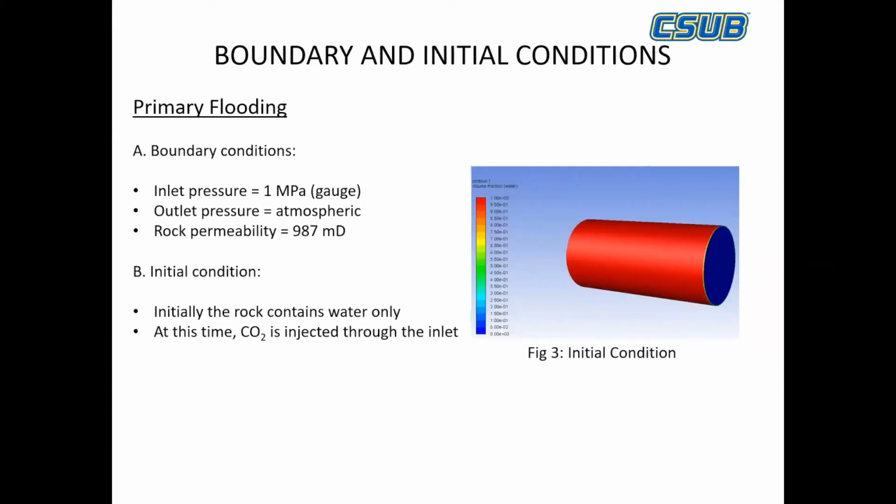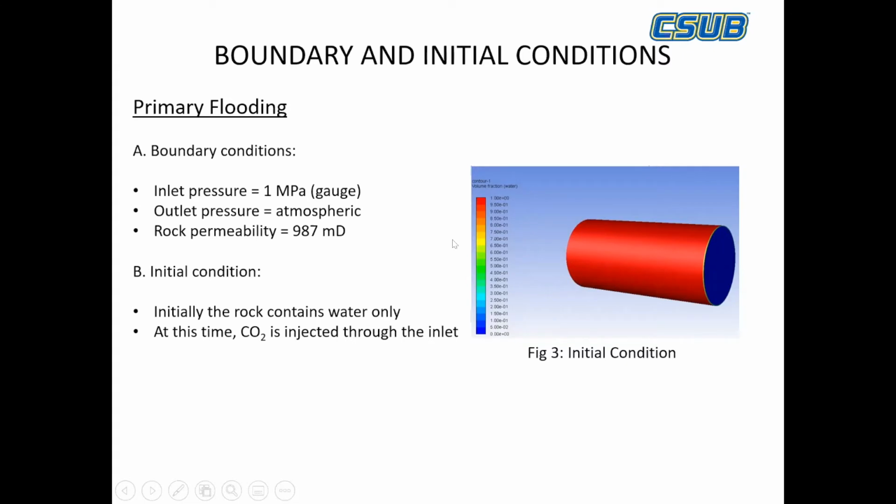So these are the boundary conditions. This is the core sample, as you can see. If you take a look at the contour profile here, 1 is red, which means that initially you have all water. I'm trying to see how water can be displaced by carbon dioxide as I inject carbon dioxide through the sample. So initially I had all water except for the inlet where I'm injecting carbon dioxide. It's blue here at the inlet because the volume fraction of water there is 0